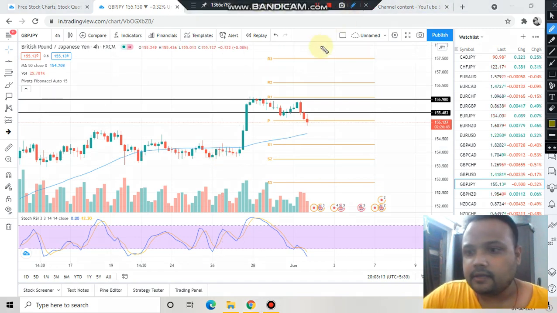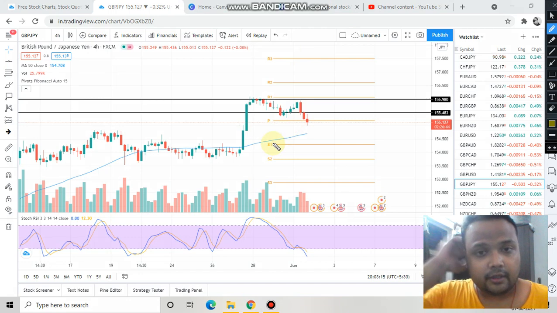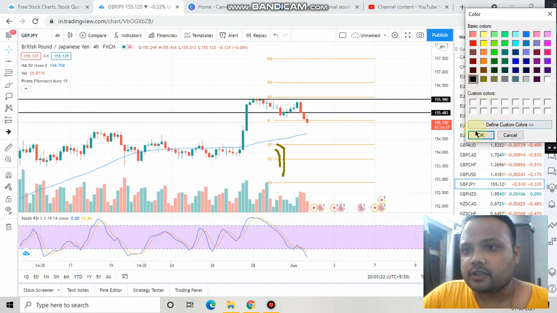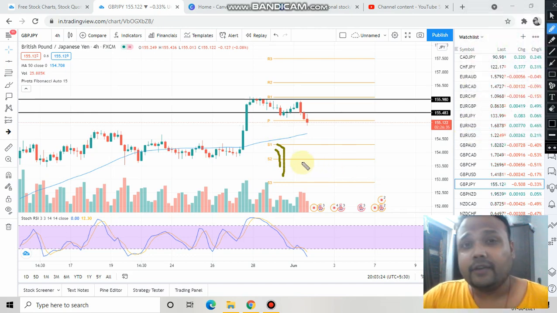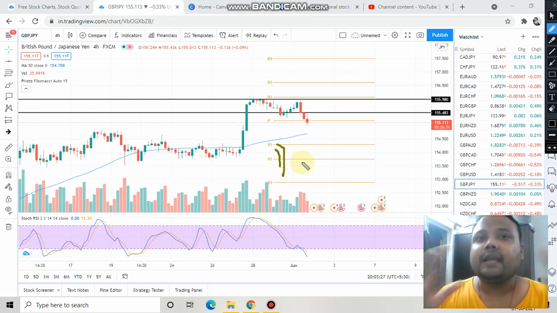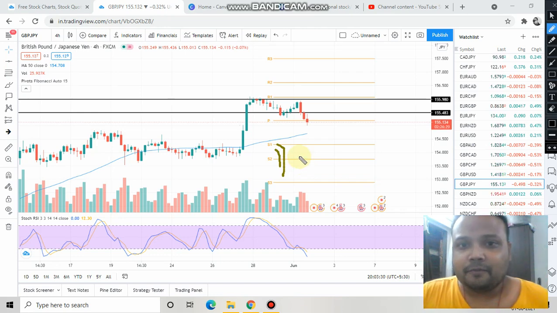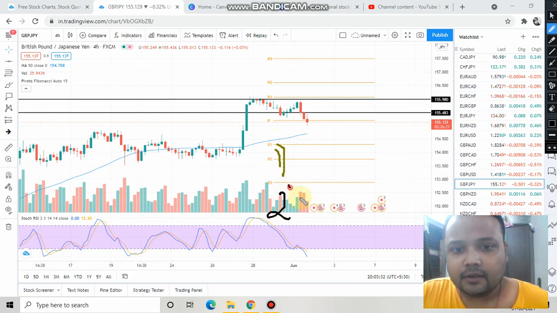I have already discussed the first buying opportunity. Your first buying opportunity is near the 50 moving average. I cannot write down the exact figure because this is a dynamic support, so I do not have the exact figure.